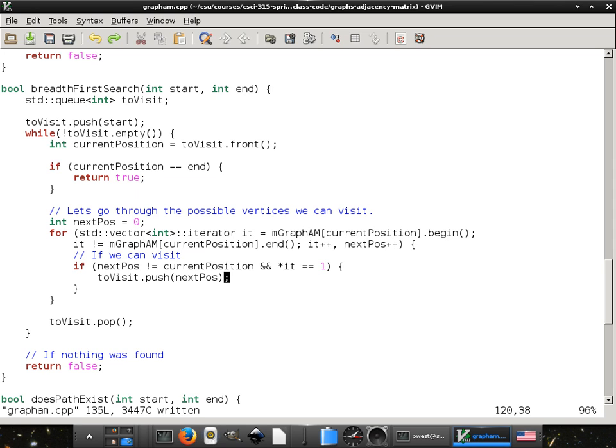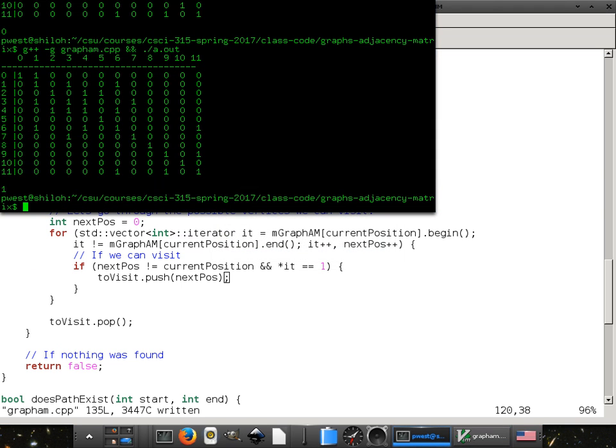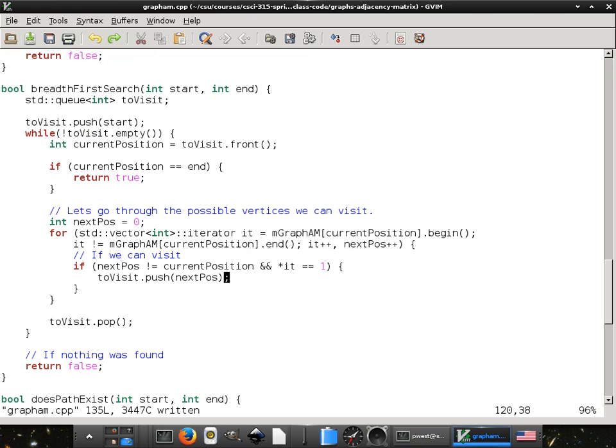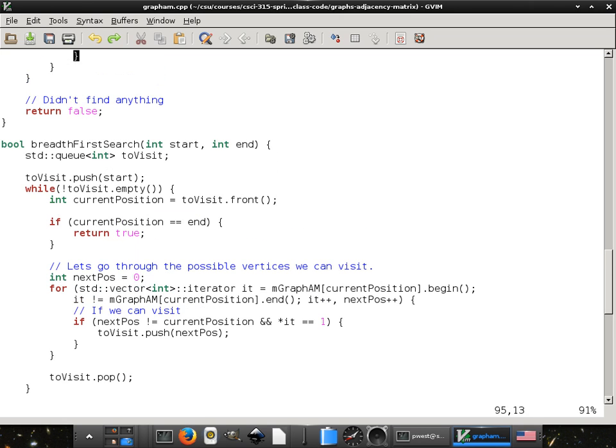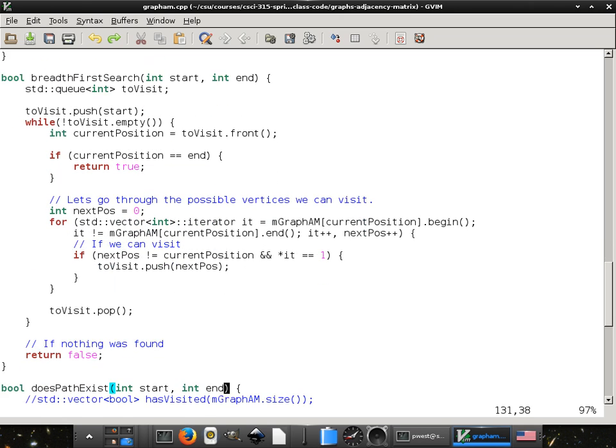So it's really going, all right, I'm not here. Who can I visit? All right, let's put that in the queue. All right, let's go to the first thing we can visit in there. All right. Actually, I think right here we're going to be done. Yay, 1. It found something. This is actually not correct, because this can go into an infinite loop,